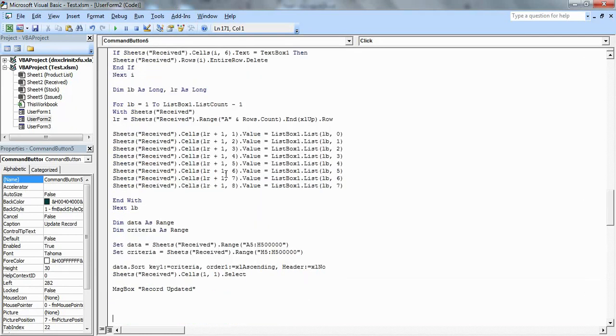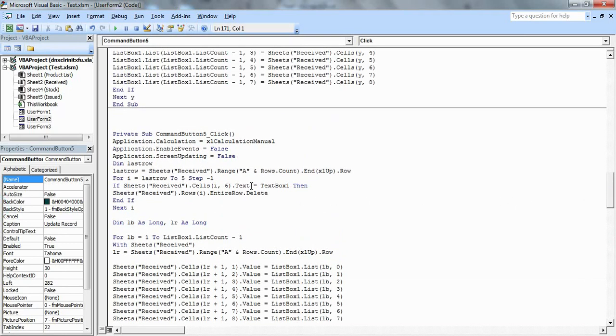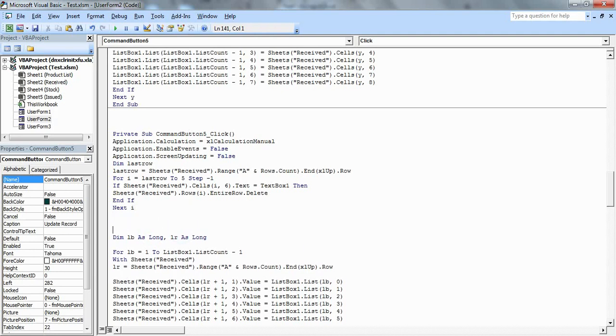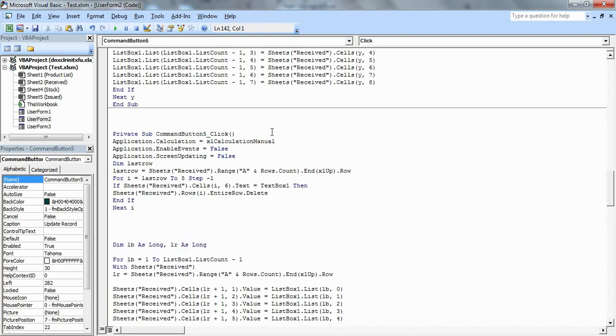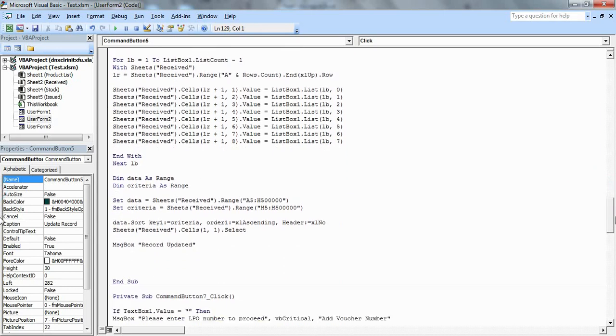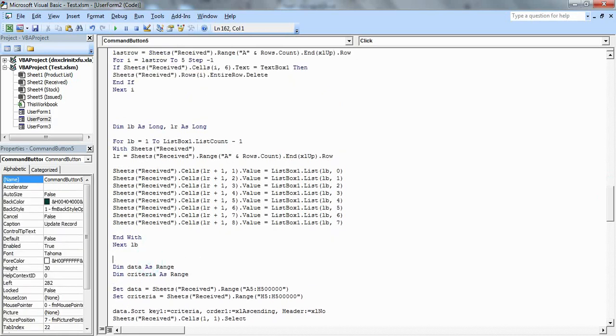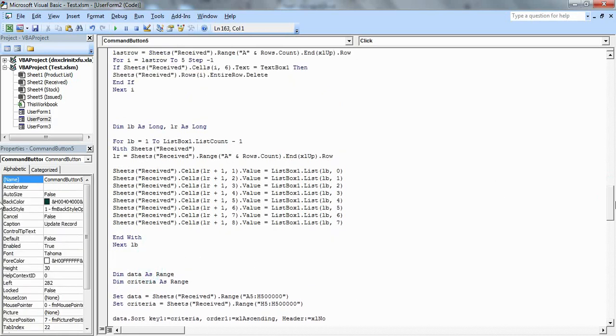And this is the code which is a little complex, so I will tell you in groups so that you will better understand it. First of all, I will just segregate this code here. Okay, this is the record updation.